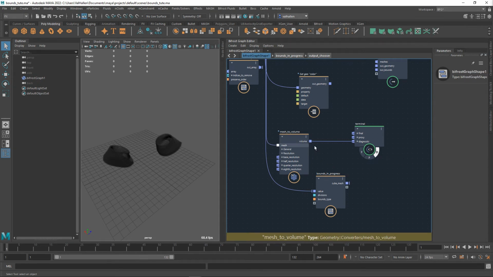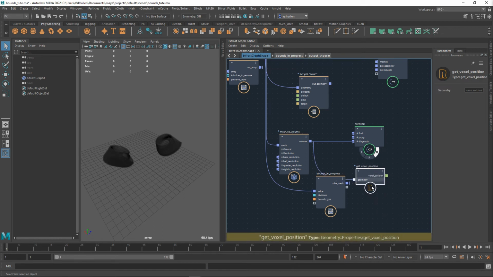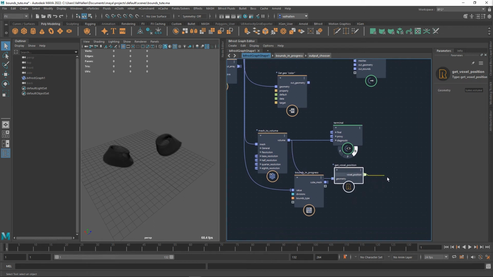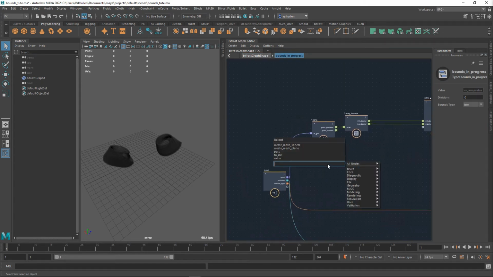Not surprised really. I could do something like, you know, in a mesh you can get point positions. I could get the bounds off that, and here I could get voxel position, which is part of the Rebel pack, and I could get the bounds off that too. That would work. However, I don't have to, because what I can do